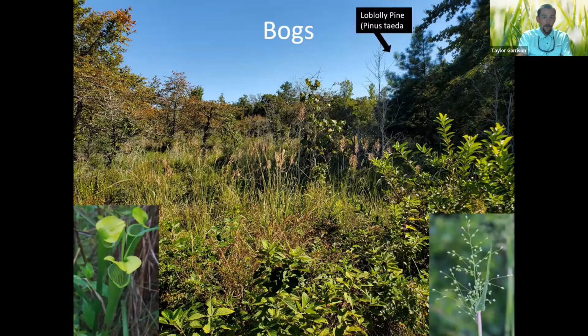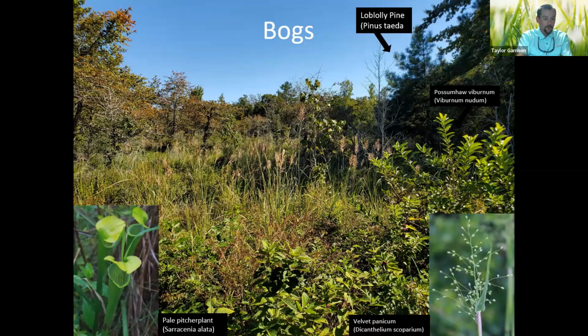But in this example with woody plants, we have loblolly pine, which is growing in and along the margins of the bog. We have possum haw viburnum, which is related to black haw, rusty black haw viburnum, which is more common in sandy upland woods. But we also have some grasses. So grasses and sedges and rushes, in fact, dominate these typical bogs as far as herbaceous growth. And so this particular grass is Dichanthelium scoparium, which is velvet panicum. And these guys are pretty common throughout most bogs in East Texas.